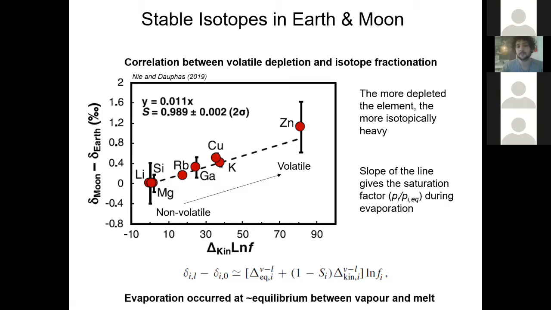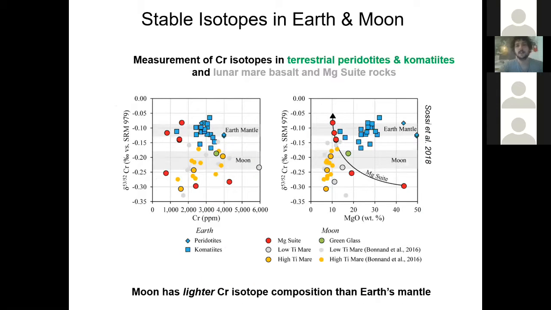And so these data provide very strong evidence to suggest that whatever process caused the volatile depletion on the moon, this process was essentially at equilibrium between the vapor phase and the melt phase of the moon, which we think occurred after some sort of lunar magma ocean. However, I mentioned that in an equilibrium regime, we could either expect to see heavy or light values. And so in order to test this